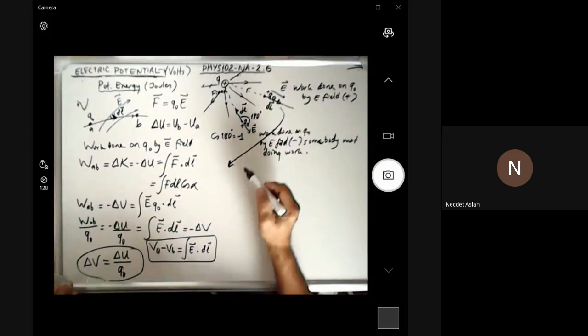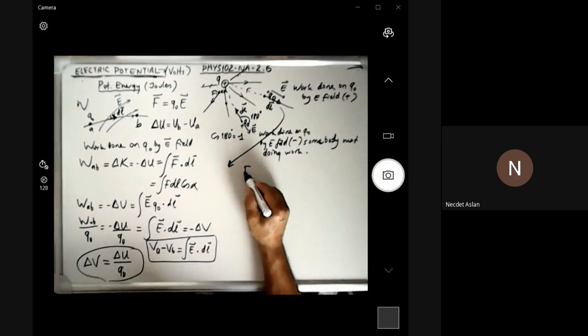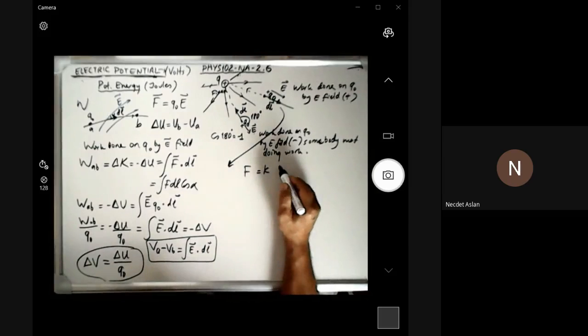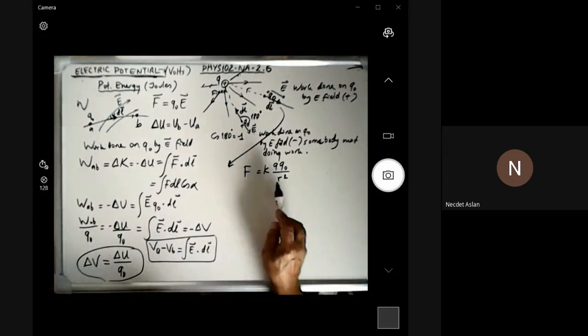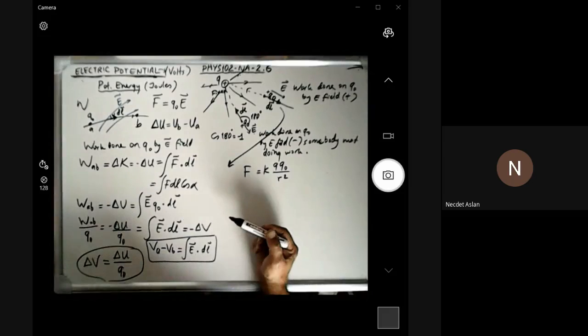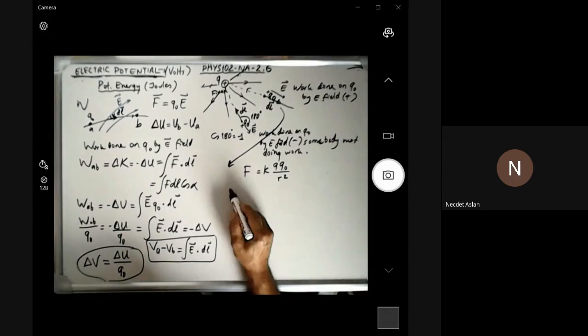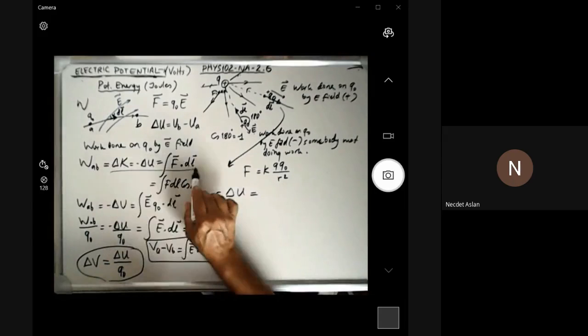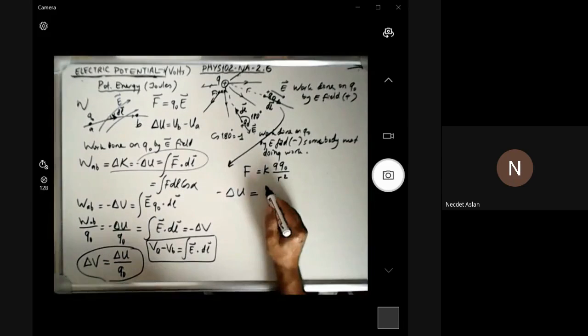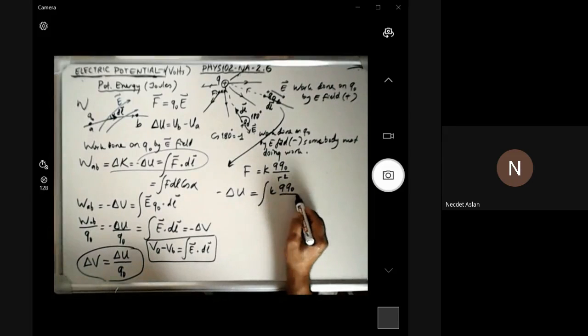this case here. The force between the two charges is the Coulomb force that you remember, with charges Q and Q0, and the distance between them is R squared. Now that we have this force, we can insert it into delta U with a minus sign, which is equal to, using this equation, the integral of K Q0 over R squared